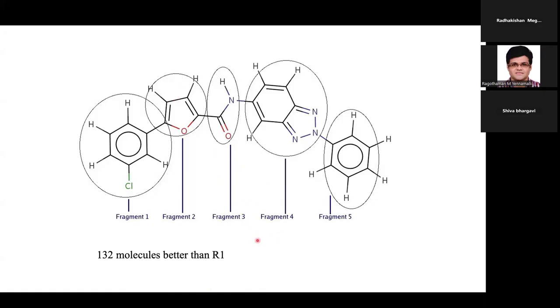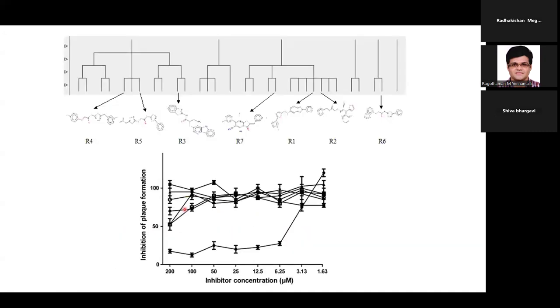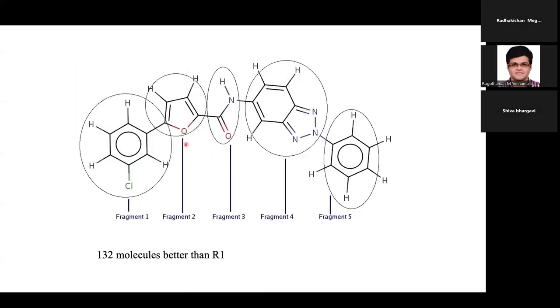Okay. So what we did with this lead molecule, why do we need to change it? One, we need to patent it, so we have to come up with a novel structure. The second thing is the molecule's IC50, based on the dose response curve that you see here, is about 3 micromolar. Now, any drug that needs to be identified or marketed, you need it in the nanomolar range. If it is micromolar, then that means you need more quantities of the drug to be ingested or delivered through whatever route of administration,